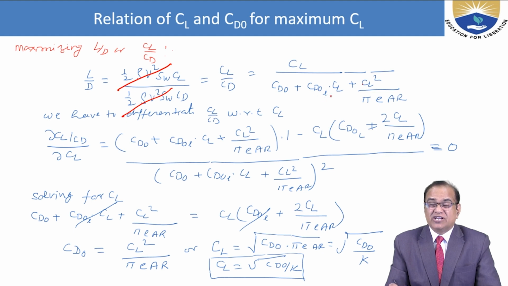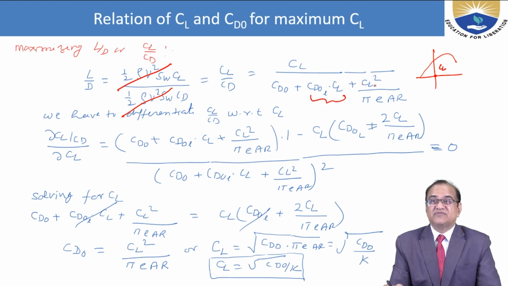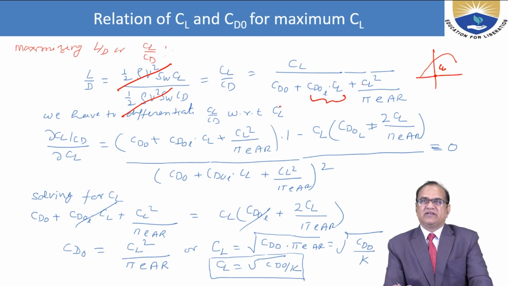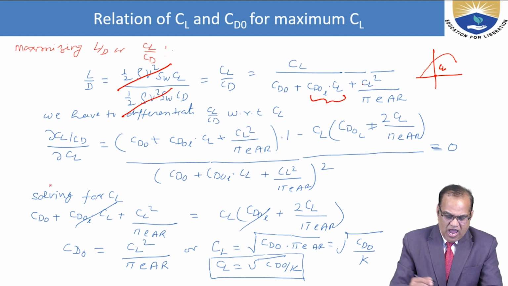Here this CD naught L is this, because at zero angle of attack you will produce some lift. This is the CL and there will be some drag, so it is the CD naught L into CL. It is for the cambered airfoil. Okay. So to have the